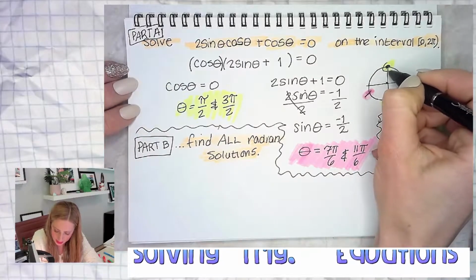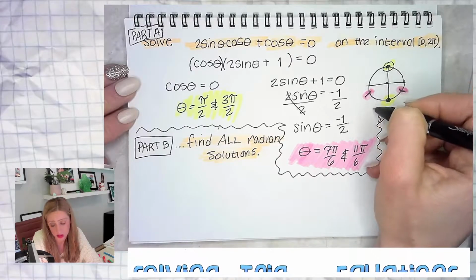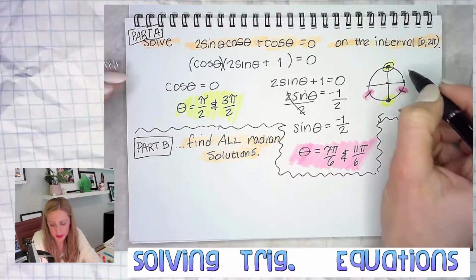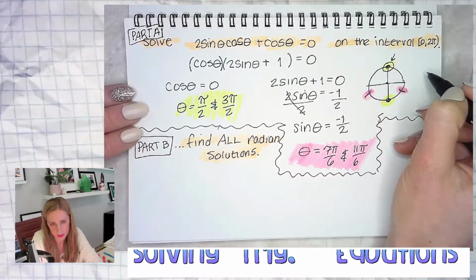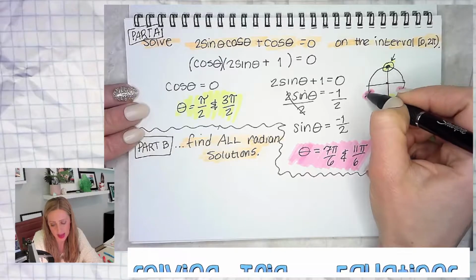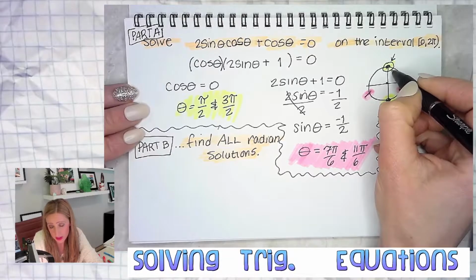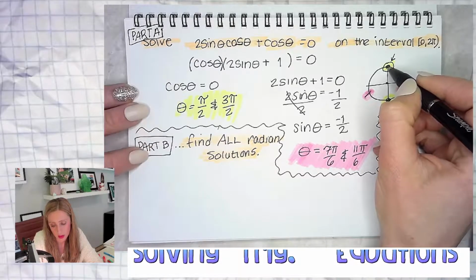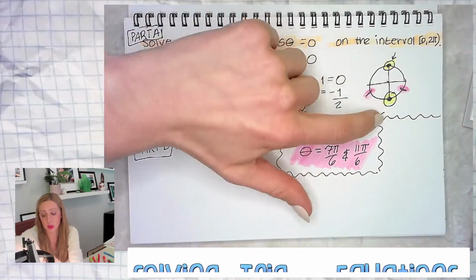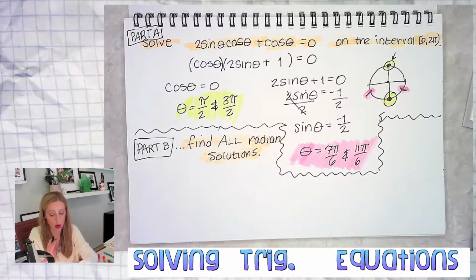So if I'm already at this answer and I want to get every single answer that lands in that spot, what amount could I add or subtract to keep landing in this spot? If I start here, how much could I add as an angle measure and land in this same place? 2 pi. Right. But since this one is exactly in opposition to this one here, they are polar opposites, directly across from each other,